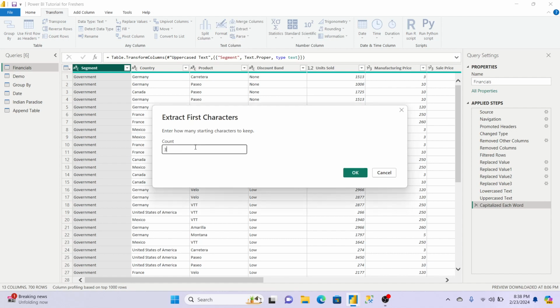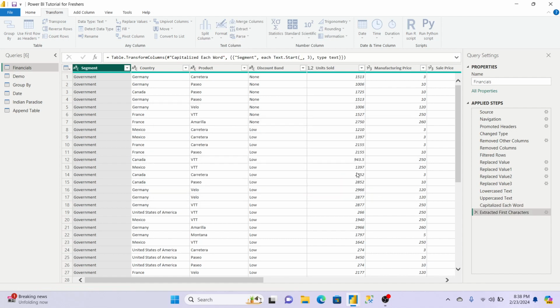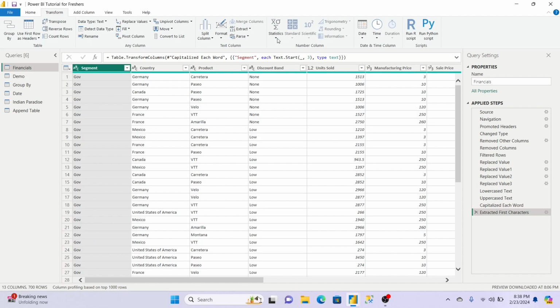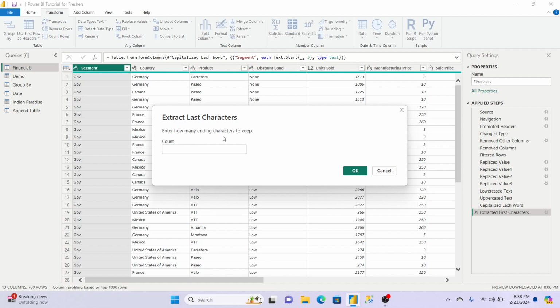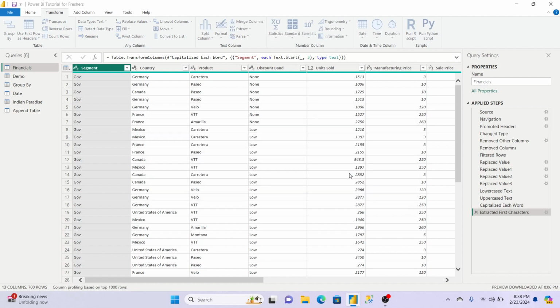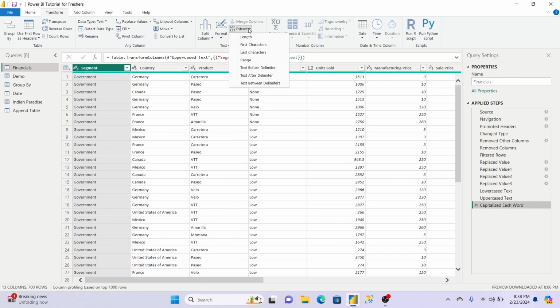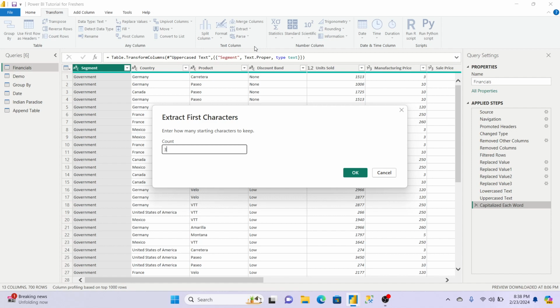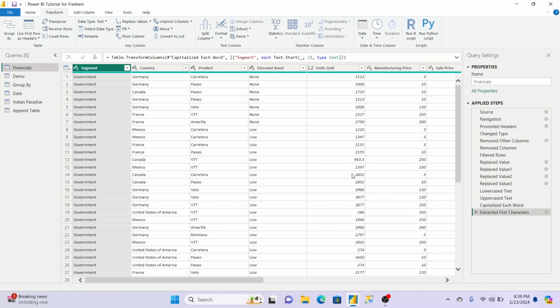See, now again the same, it will extract what we have done now. First three alphabets it has extracted. Now for last, if I do 2, then it will extract the two alphabets OV from there. Again I will show you, government was there, we said to extract the first three characters as a short form for it. When we click OK, only Gov is there. We do these types of things in real time projects.